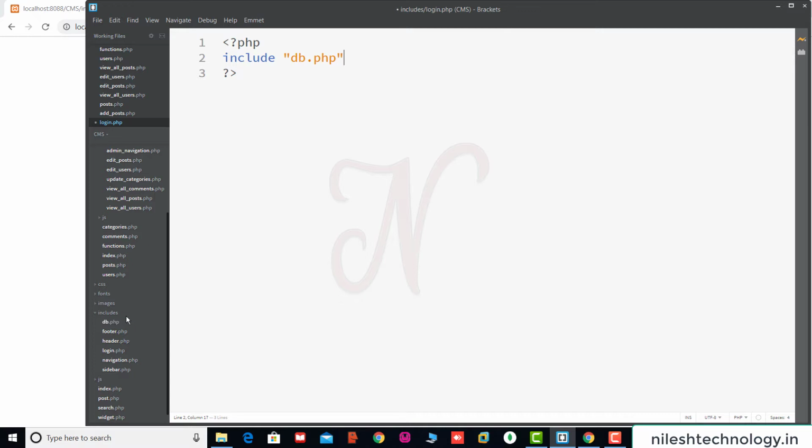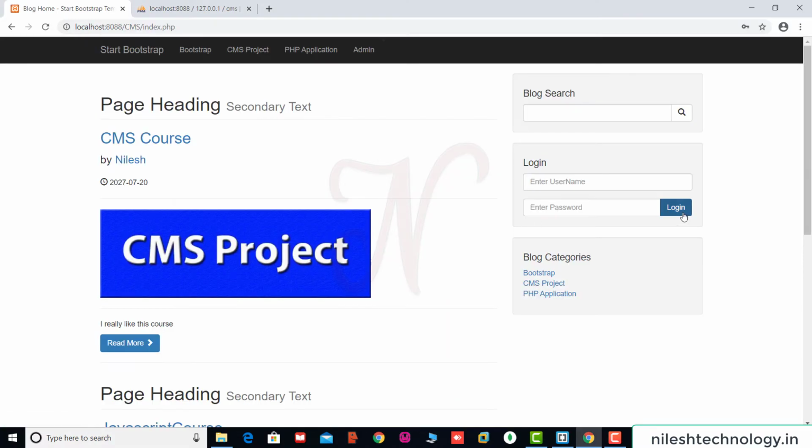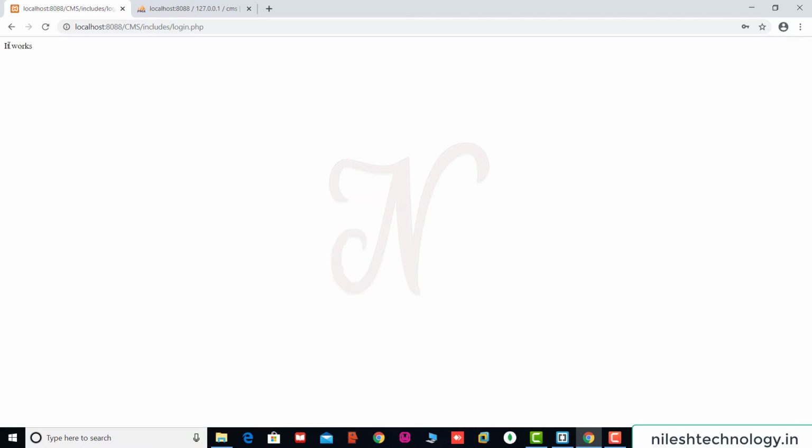Okay, so here we add one PHP script. First we include the db.php file, this is the database configuration file. Then we check here the isset function by using this $_POST. So if you click on this login button, then you are going to this if section. Here we test whether you are in login or not, so just for testing purposes we give one message, it works.